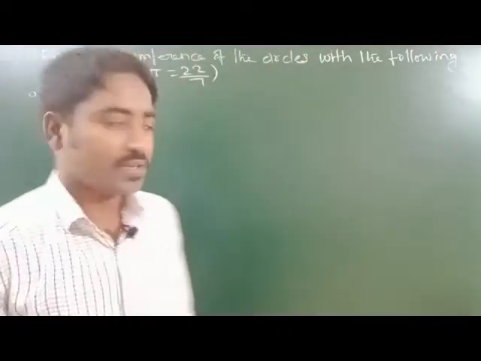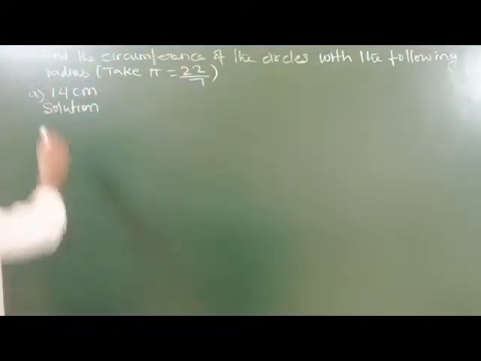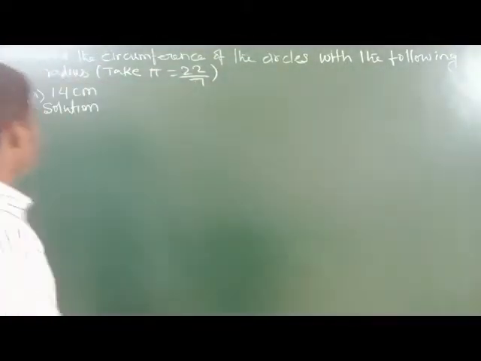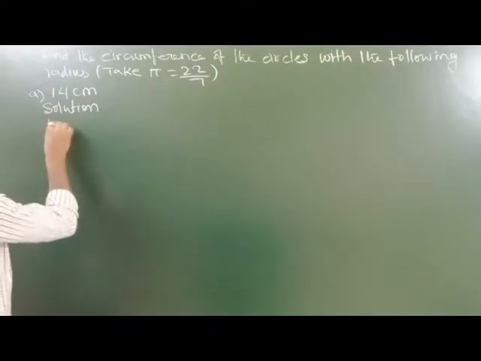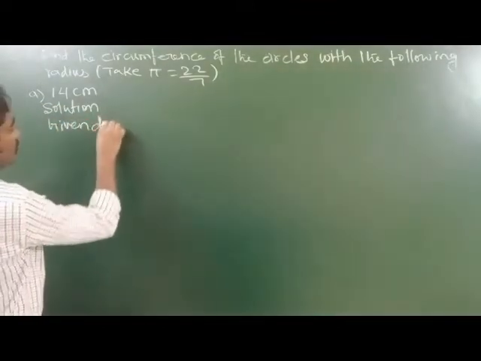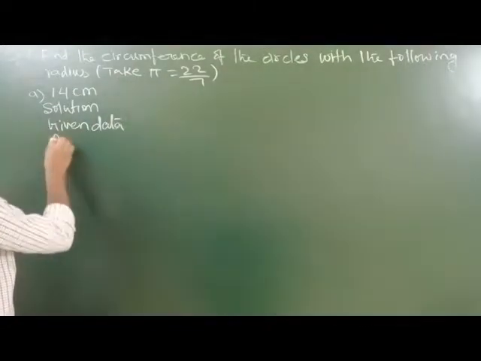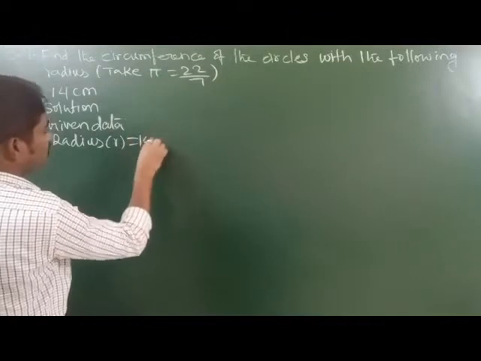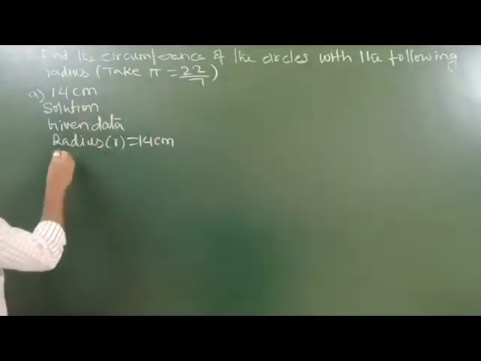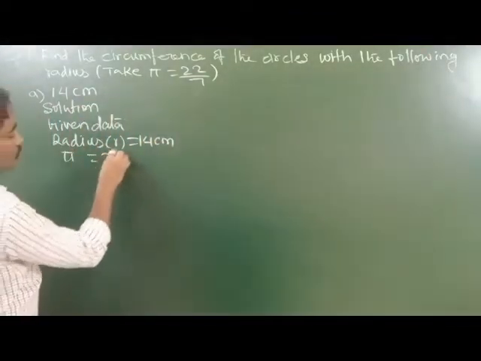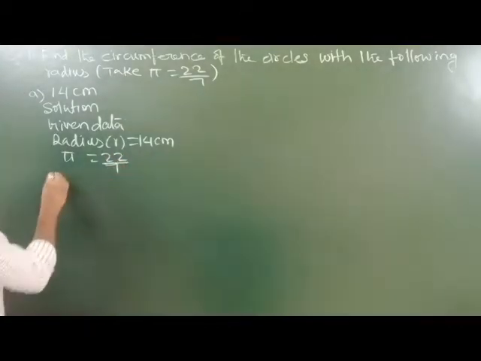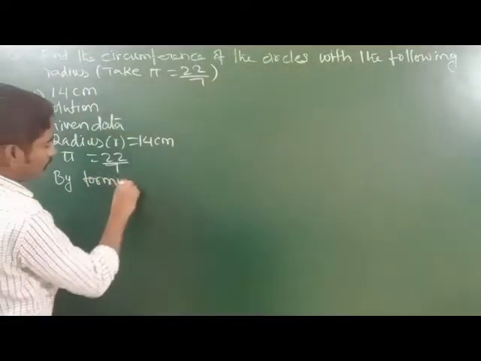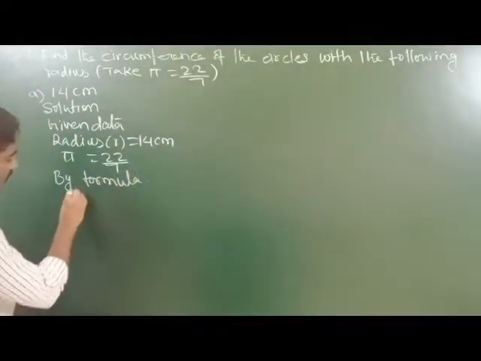Okay, now here starting with the very first solution A. Here radius is given how much, students? So 14 centimeters. So here we will write the given data: radius r is given as 14 centimeter. Okay, and pi is equal to 22/7. Okay, now from here we will write by formula circumference is equal to